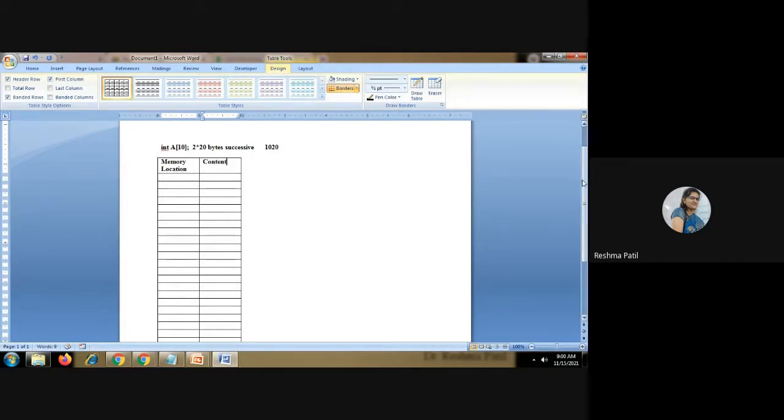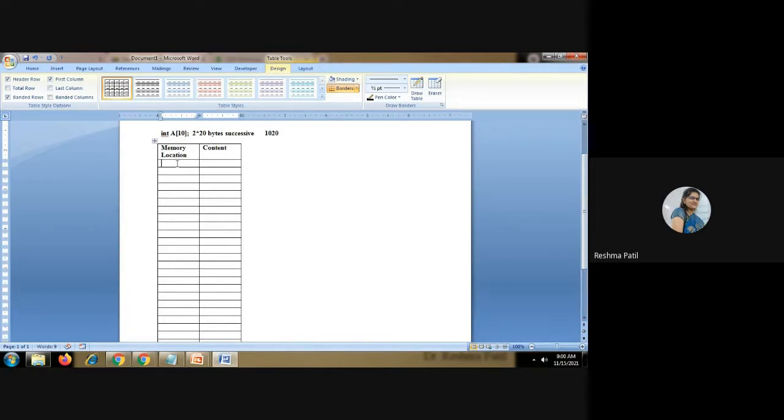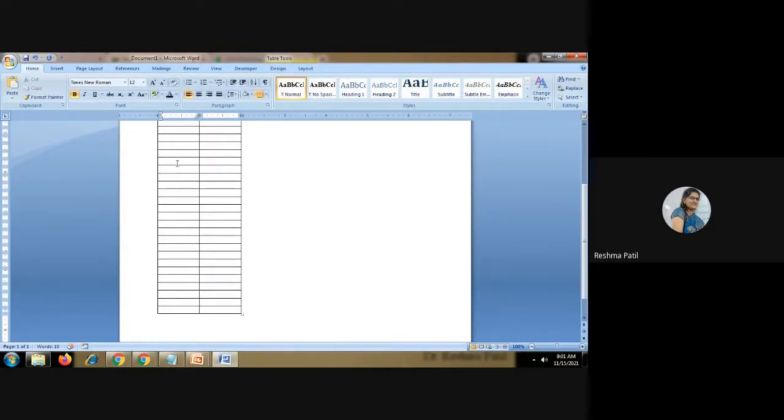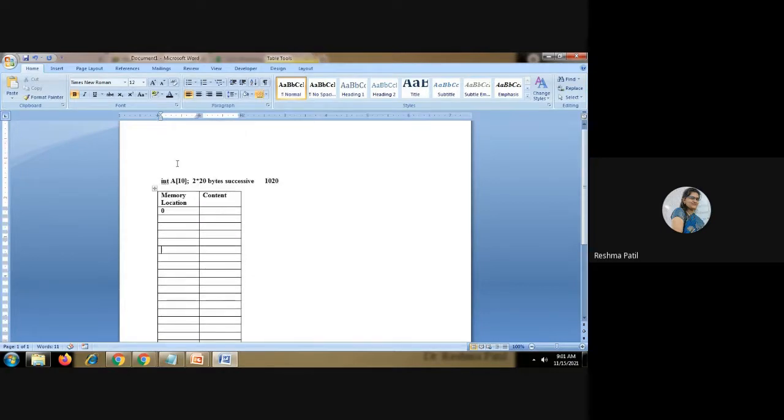Suppose your initial location starts from 0 and the end is anything, for example, 256. This is the memory location. Suppose from the 10th memory location, we take address 10 only. As we have addresses, the same address is given to the elements also. So this is the memory location from where we can start this array.